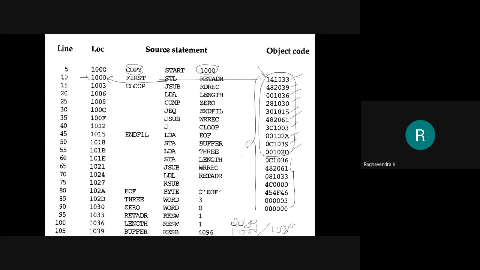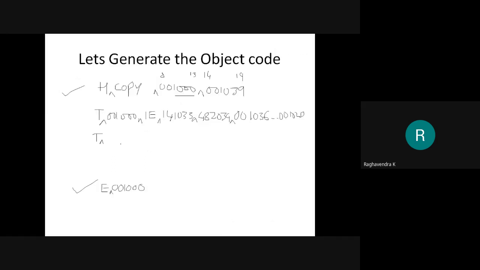Up to this we are done, and these are the remaining instructions. What is the starting address of the instruction which is going to be my first instruction in the second text record? It is 101E. So I will write 00101E.